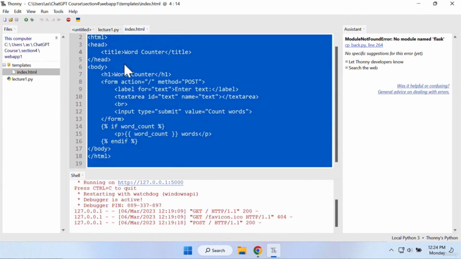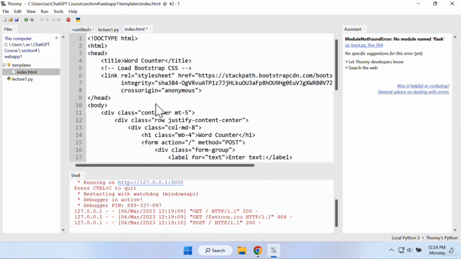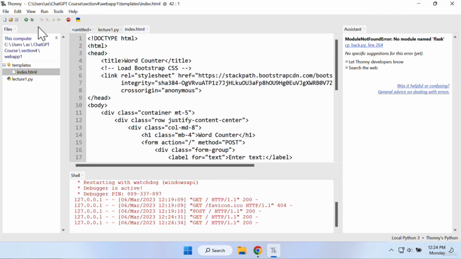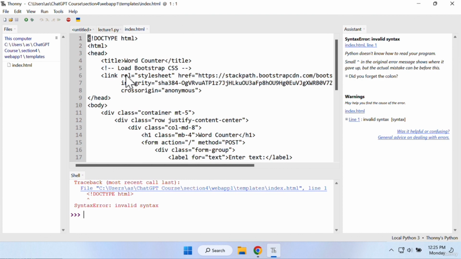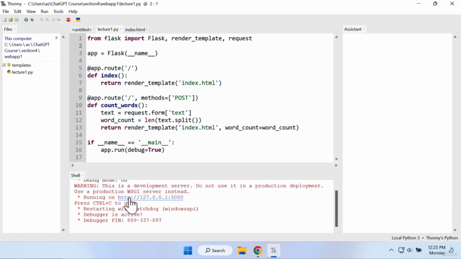So you want to select that all, delete it and paste the updated code that we just got from ChatGPT. And then you want to press the save button, don't forget that. And then you want to rerun the app using that button. Oh, but be careful here, because you see what I did is I ran the index.html file. So you want to make sure you are inside lecture1.py and then press that button. Then click on that,